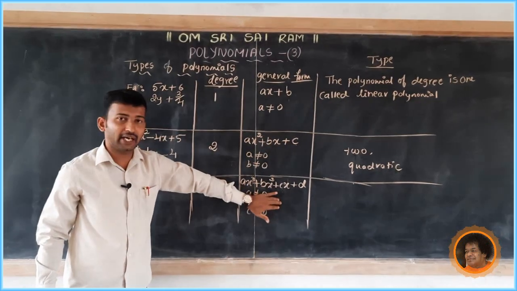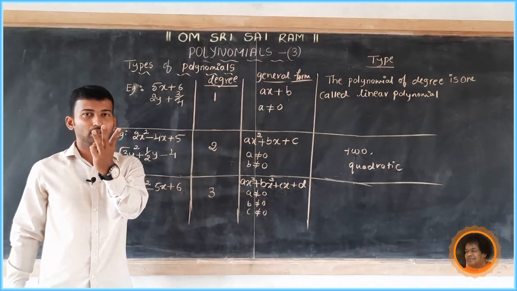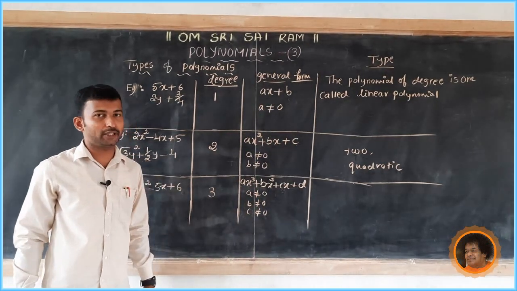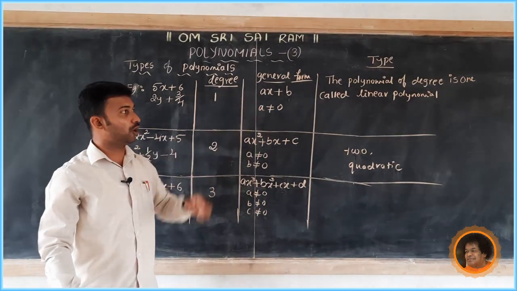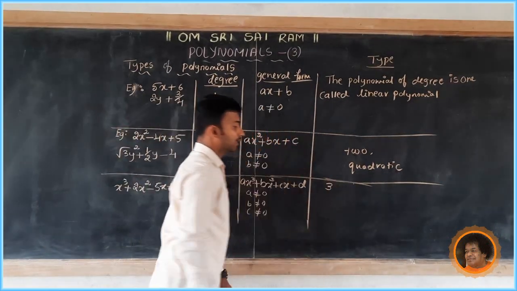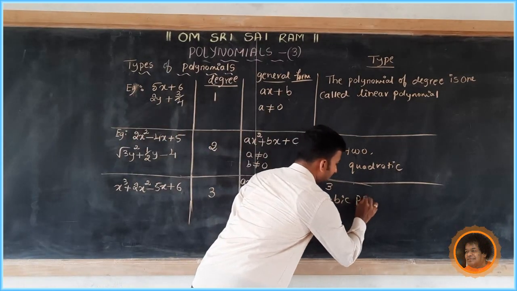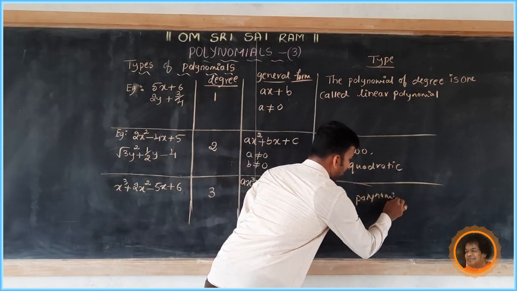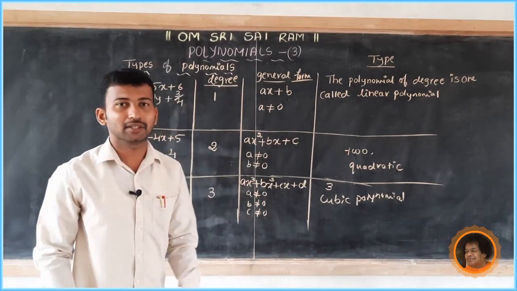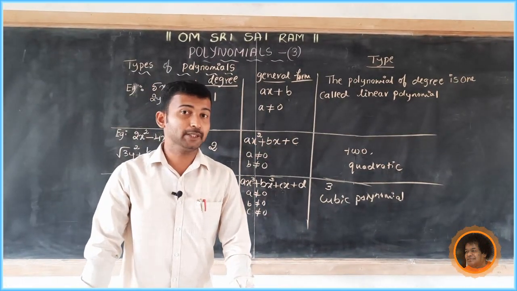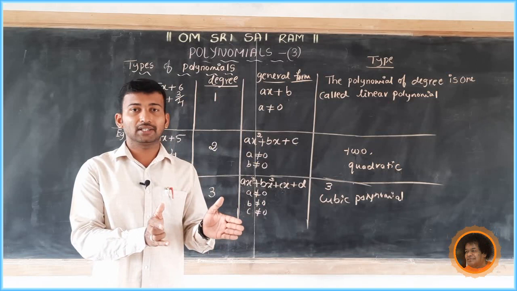Therefore, this is an example for cubic polynomial. Cube means 3. So, what is the definition for cubic polynomial? Yes, the polynomial of degree 3 is called cubic polynomial. Okay students, in this class we discussed types, general form of the polynomial, and we compared the